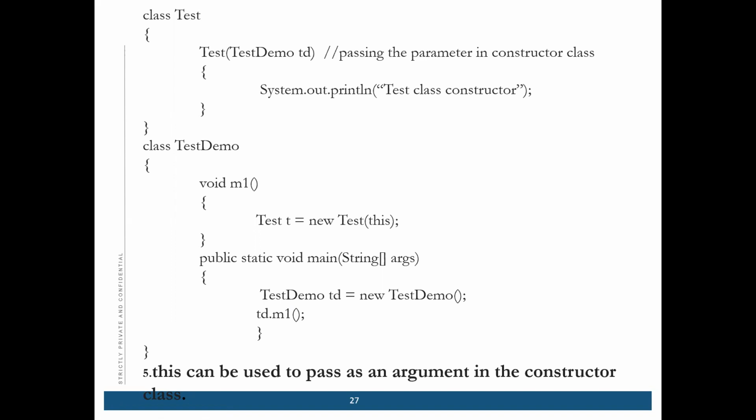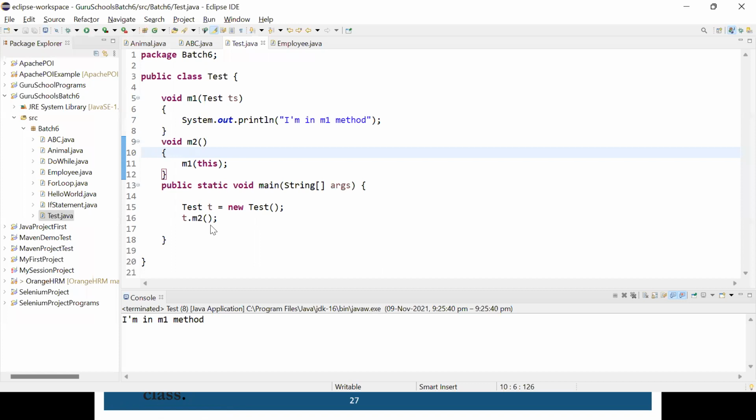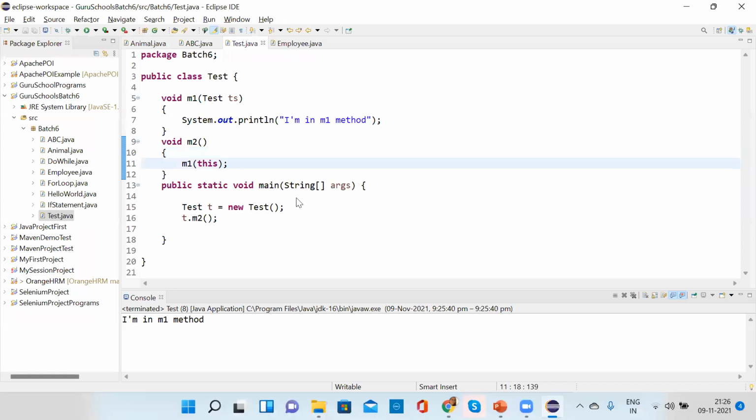Chavi, do you understand this one part? So far we were understanding that it's an instance variable. You understood this one, right? No, but Chavi, the question here is test TS, right? So far we were understanding that it's an instance variable, but you are saying this is not an instance variable.